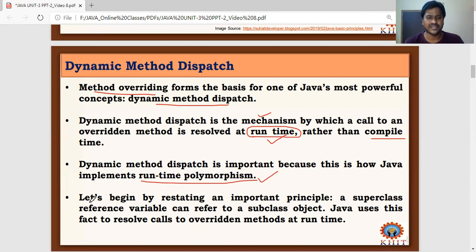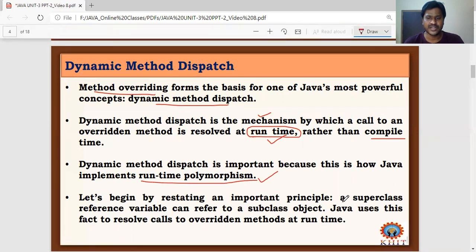The important point we already discussed in the last video is that a superclass reference variable can refer to a subclass object. Java uses this fact to resolve calls to overridden methods at runtime.